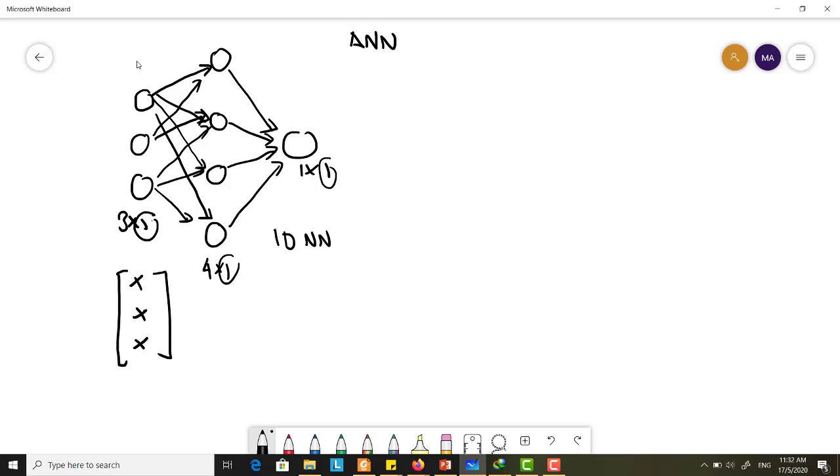Okay, but for CNN, let's say I want to draw my CNN in this way. Because the input is an image, the matrix is not 3 times 1. It should be, for example, let's say my input image is 3 times 3, because an image is always in pixels. So assume that you have an image of 3 times 3. The image of 3 times 3 can be represented in a 3 times 3 matrix, because every matrix element represents the pixel value or the intensity value